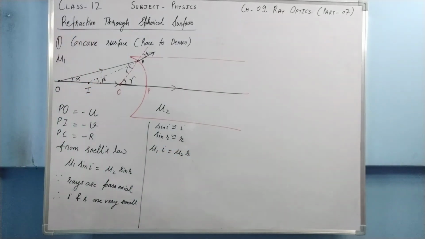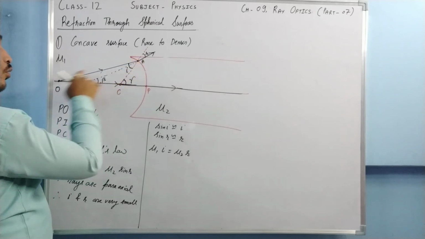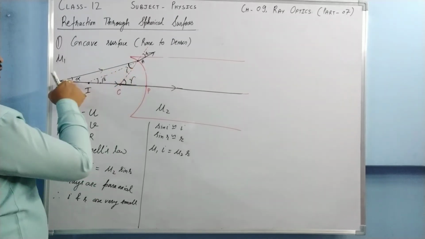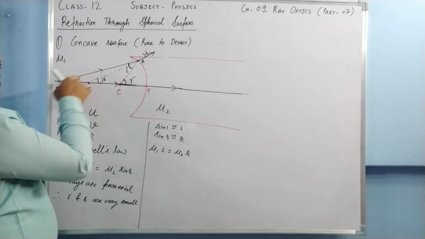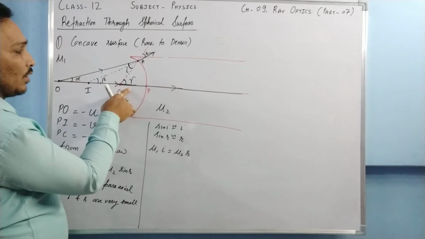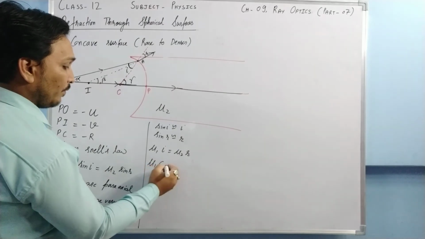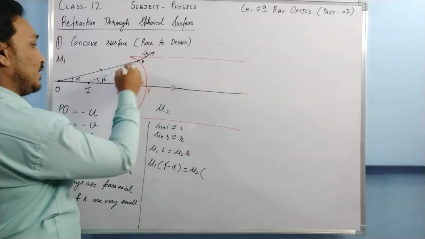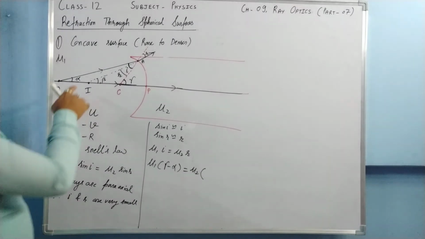Now just see in the figure, where is that i? i is somewhere here. It is in the triangle OAC. So gamma is the exterior angle and i and alpha are the interior angles. So i plus alpha will be equal to gamma. So the value of i will be gamma minus alpha. I am going to replace it here. So mu1 times gamma minus alpha equals mu2 times r. If this angle is r, from vertically opposite angles, this angle is also r. And if this is r, this is in the triangle IAC.